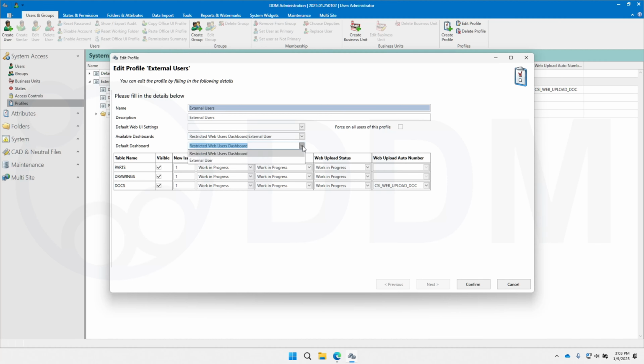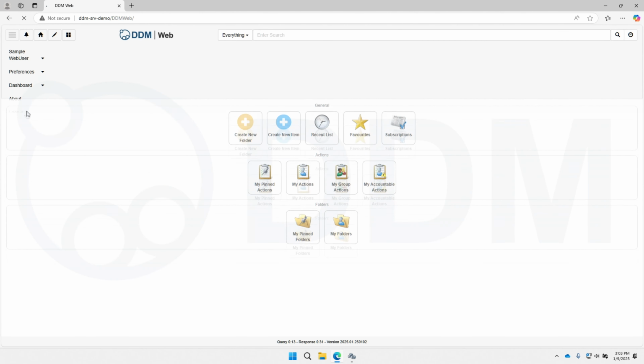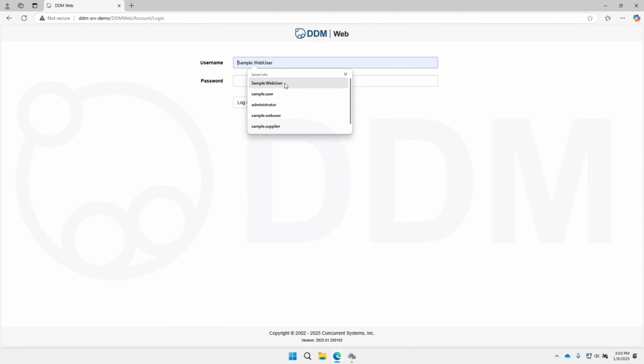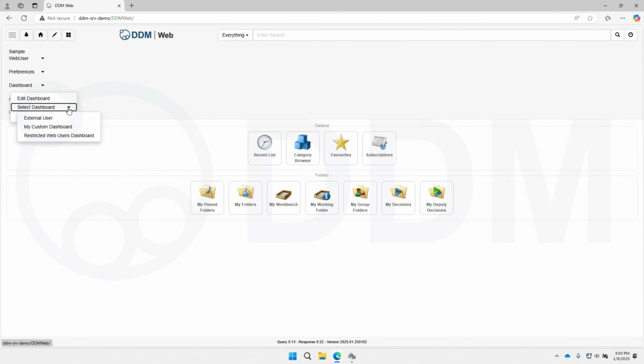We also have the ability to select the default dashboard. In this current setting, when you first log in, you will be given the external dashboard, but we also have the ability to force this change onto all users in this profile. If I log out of that account and relog, we can now see we have the external user dashboard, and if we use the dashboard selection tool, we can